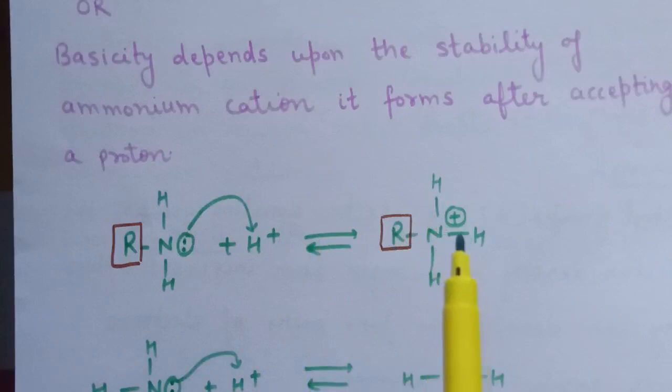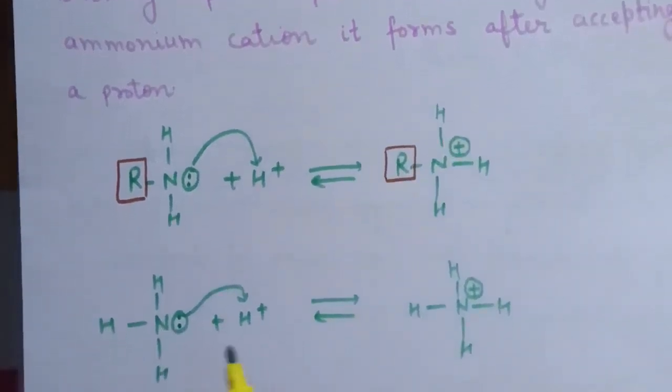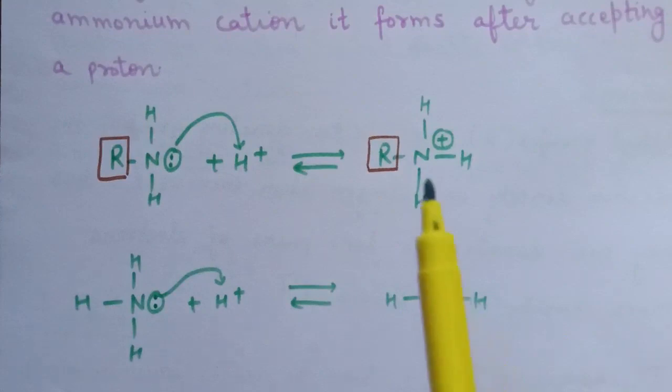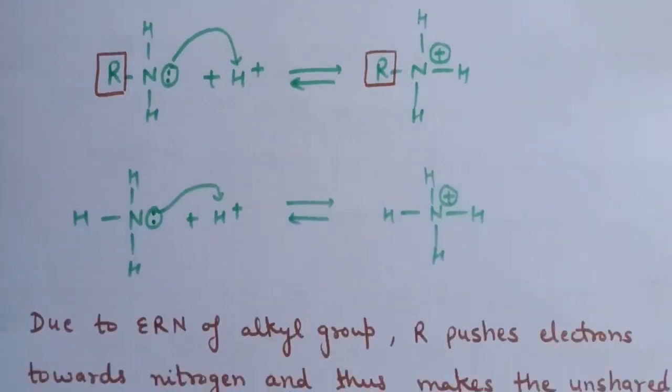RNH3 positive is formed, that is ammonium cation, and in case of ammonia after accepting one proton, here NH4 positive is formed. Now the stability of this ammonium cation decides the basicity of amine. In case of